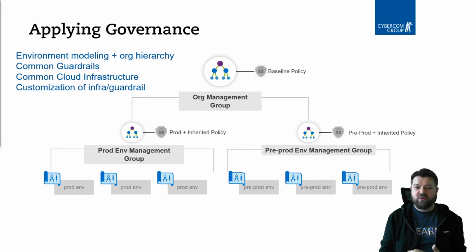Depends on quite how you want to do it, but this is quite a lot, the basic environment, and this would suffice for quite a lot of your environment needs. And from there on, as I said, the policies are inherited. So if you have the baseline policies at the top, on the root level, and you have the production environment policies, you get those separate policies and the inherited policies. And from here you could have prod policies and pre-prod policies.